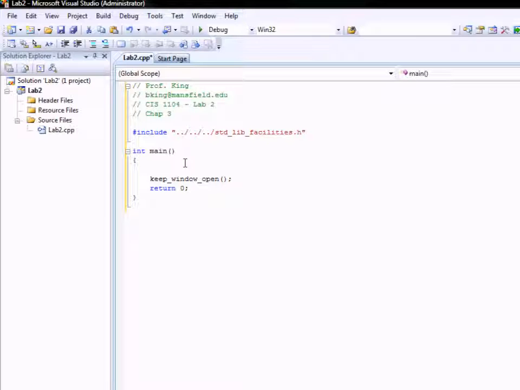Okay, now we are simply going to write a program to ask the user for their first name, read in the first name, ask the user for their last name, read it in, and then output the full name. Alright, so we already know that cout outputs statements, strings, to the screen. So I'm going to ask the user, please enter your first name, and I'm going to read in the first name,